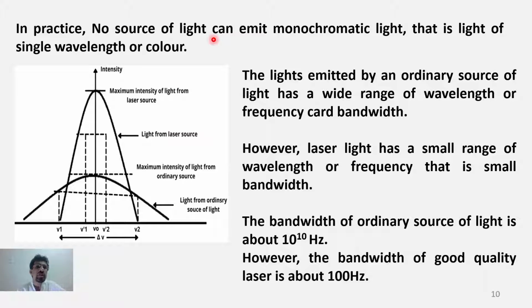Now in practice, no source of light can emit monochromatic light, that is, light of a single wavelength or color. In a previous chapter, we have seen that laser light is also not exactly monochromatic. That means it consists of some spectral lines. Now see here in this figure,